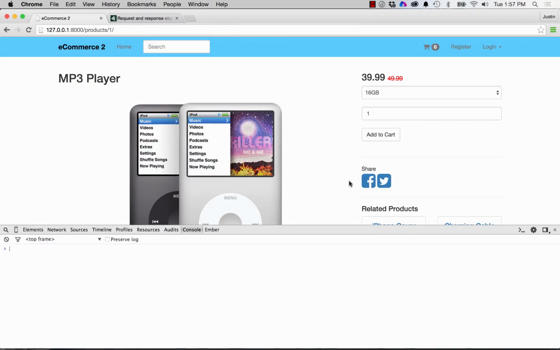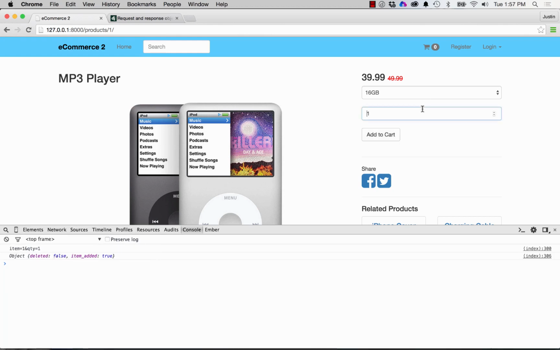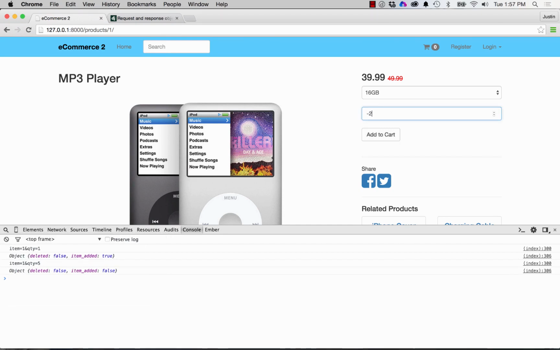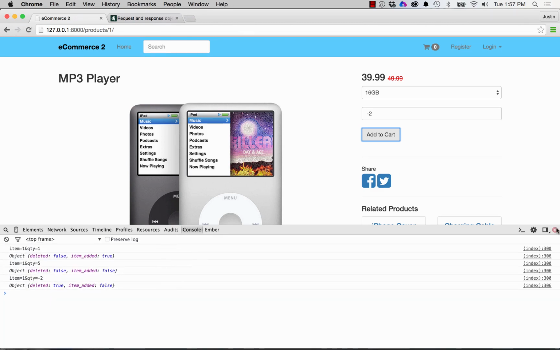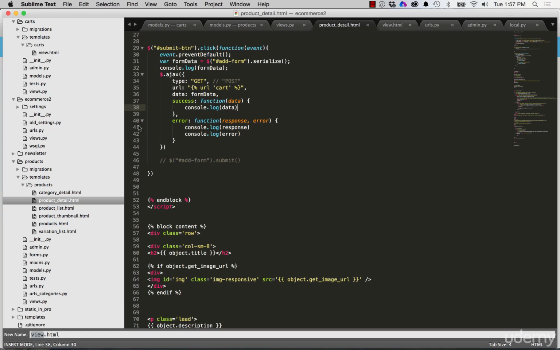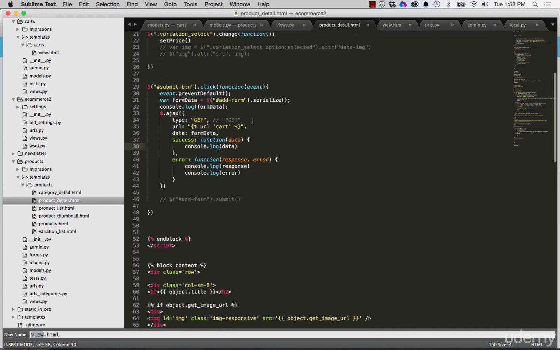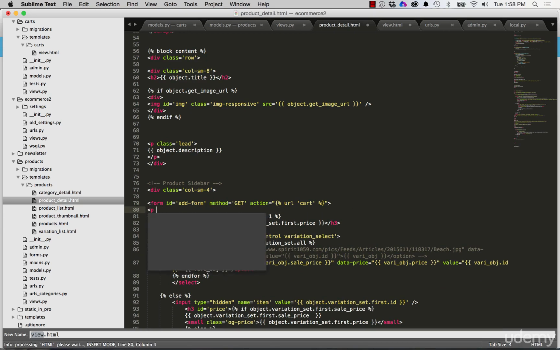If we go into console, hit add to cart, we've got item added, true, deleted, false. And then if I update, there we go, item added, false, deleted, false. If I put it to 0 or negative, deleted, true, item added, false. Cool. All right, so now that we've got this, let's go back in here, and all I'm going to do is give some sort of message with this console data. So down above the form, I'm going to say p class equals to lead,